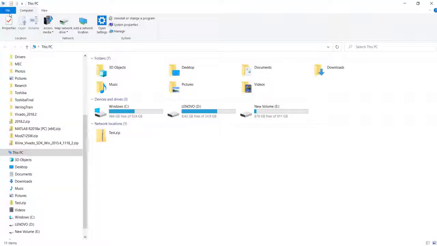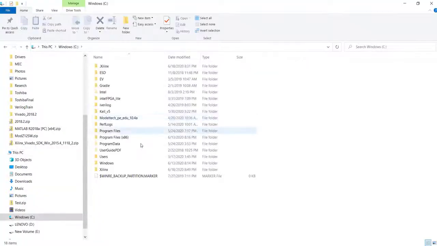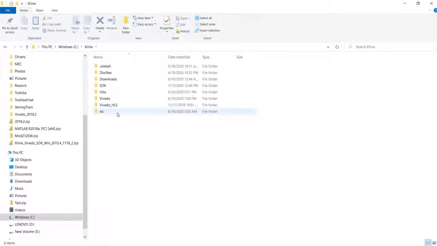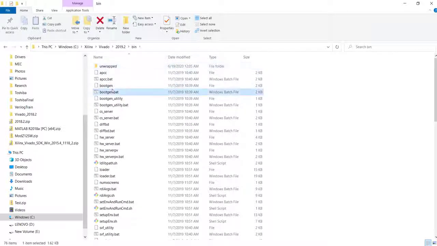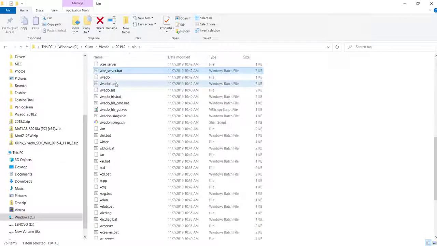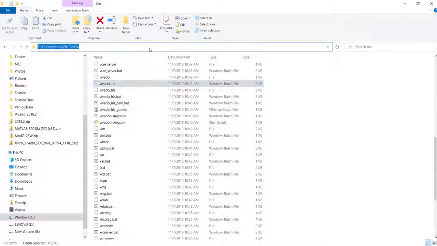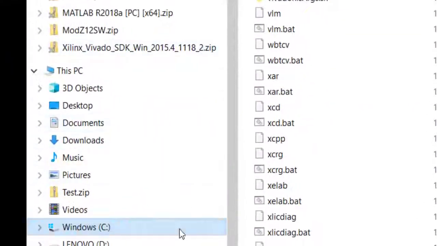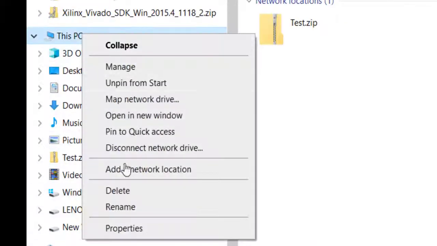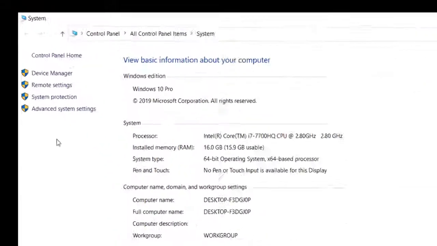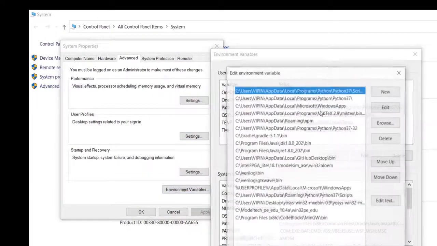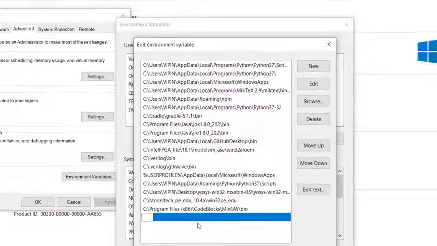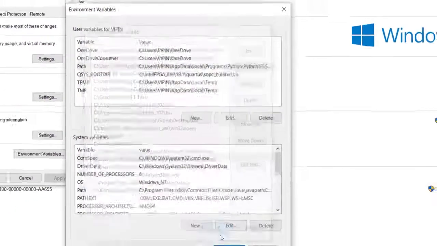If the installer hasn't done it automatically, you have to go to the installation directory, which will usually be in C, and you go to the bin folder, and there you will be able to see Vivado. You take this path and add it to your system path. Here is Path, so create a new one and add the path to bin,